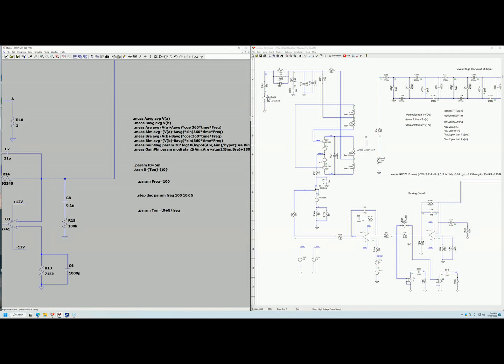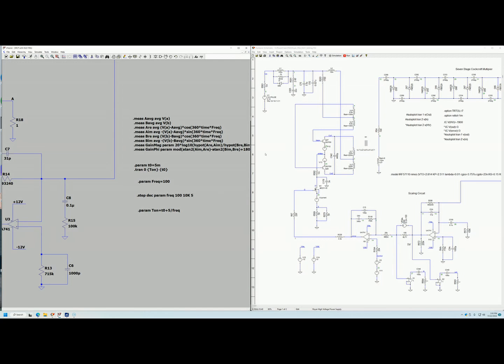This 5 represents that it's going to inject a signal with 5 cycles, and when you divide it by the frequency, it gives you the T on. That's the total T on, and it's going to step from 100 hertz to 10 kilohertz